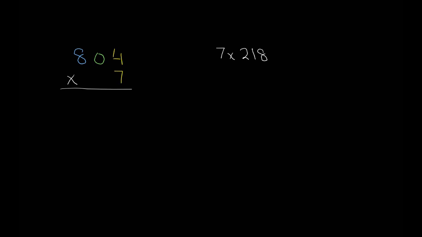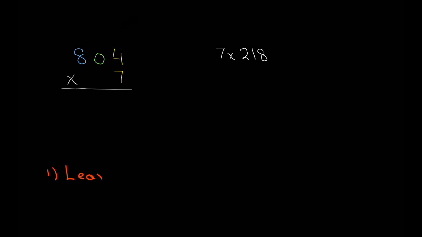So now let's try to do the problem on the left hand side. This is 804 multiplied by 7. So let's try to do that. Remember, I'm going to read it from the bottom to the top. That means I'm going to multiply 7 with 4 ones. So 7 4 ones, and I want to remind you,